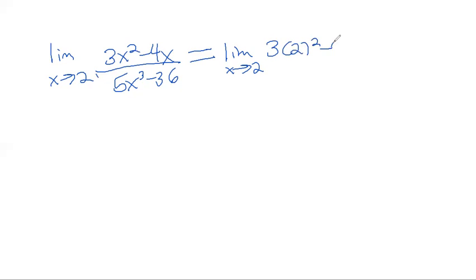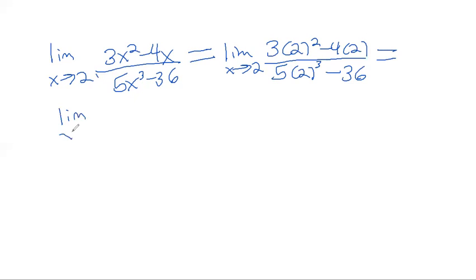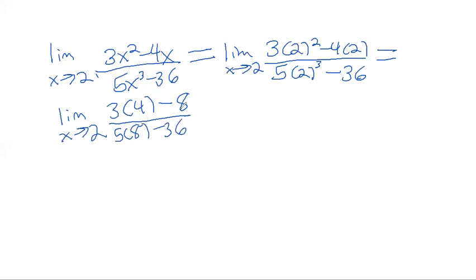So 2 squared minus 4 times 2 over 5 times 2 to the third minus 36 equals the limit as x approaches 2. Well, 2 squared is 4 minus 4 times 2, that's going to be -8, over 5 times 2 to the third power is 8, minus 36, equals